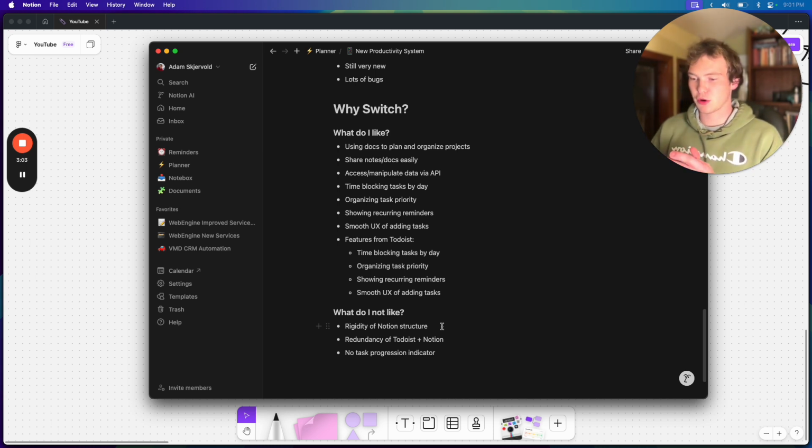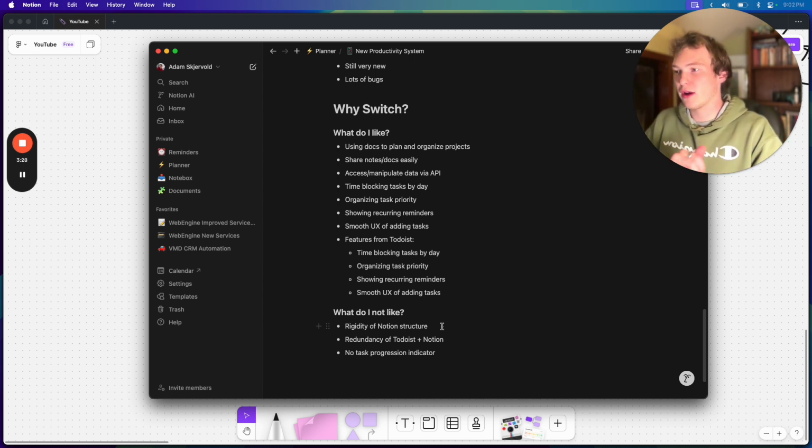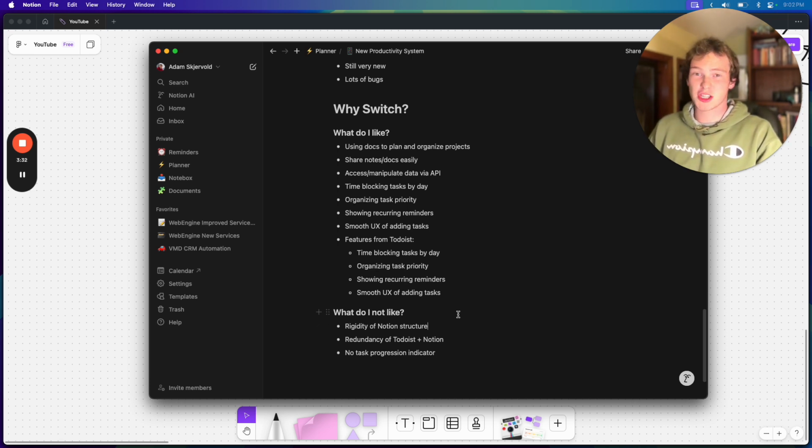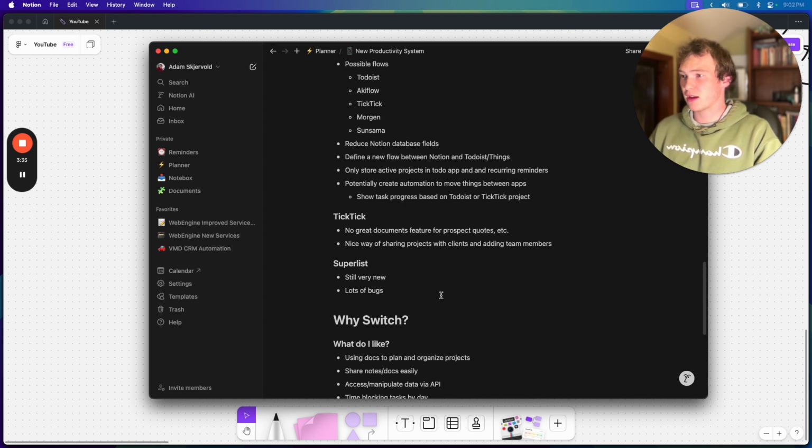Oftentimes I find that the best productivity systems, a lot of the most productive people don't even use something like this, and probably more than that, a lot of productive people just use a note and a paper and pen to write down the tasks they want to do. And ultimately, the people who have the super sophisticated second brains with all these plugins and everything going on, they have the least going on. They are actually the biggest losers. And so I think having a lack of structure and rigidity actually makes a big difference.